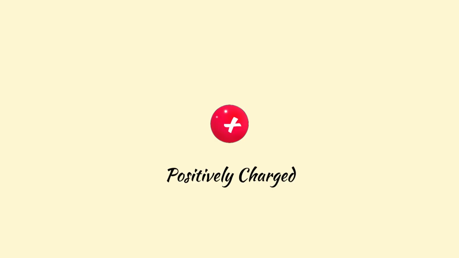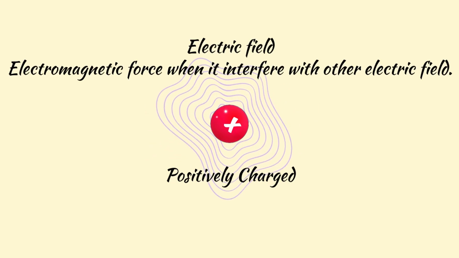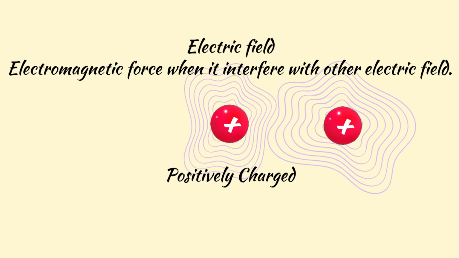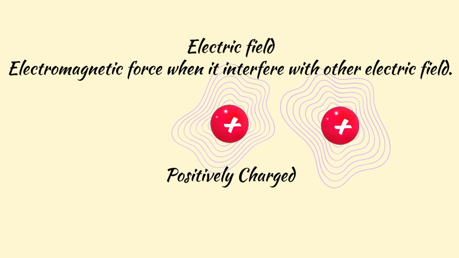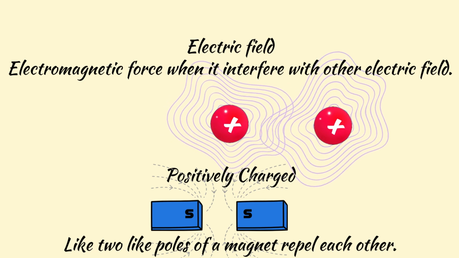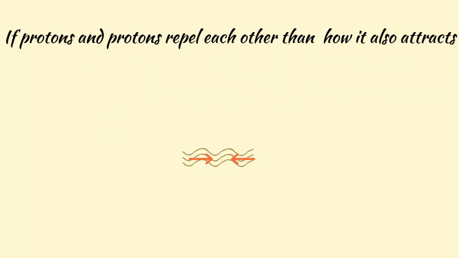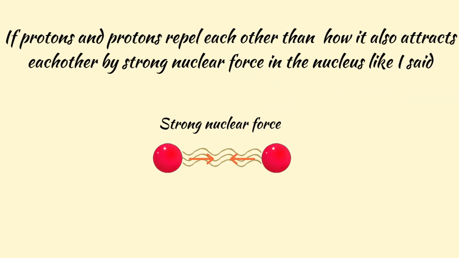Look, protons are positively charged particles, meaning each has an electric field around it which experiences electromagnetic force when it interferes with other electric fields. So protons, being positive, repel each other like two like poles of magnets repel each other. Wait, if protons and protons repel each other, then how do they also attract each other by nuclear force, like I